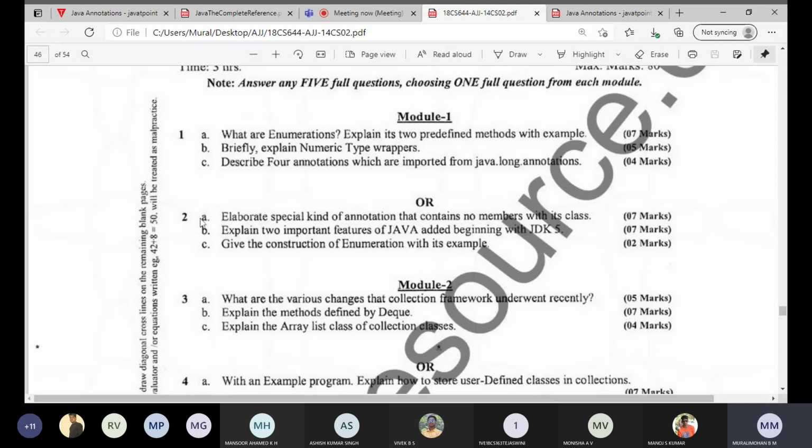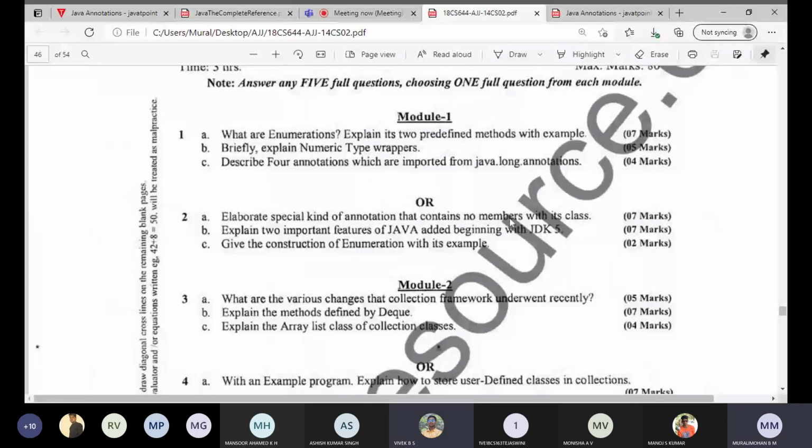Question number 2A: elaborate the special kind of annotation that contains no members with its class. Marker annotation. They are not asking with the name marker annotation. They are asking with contains no members.